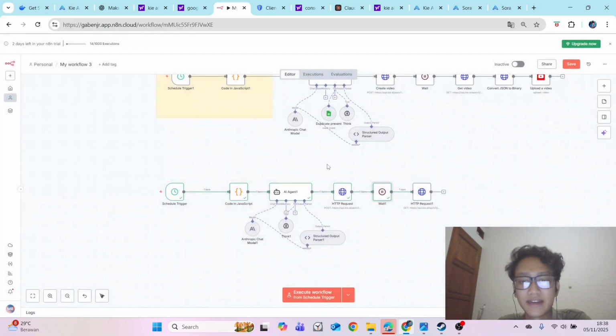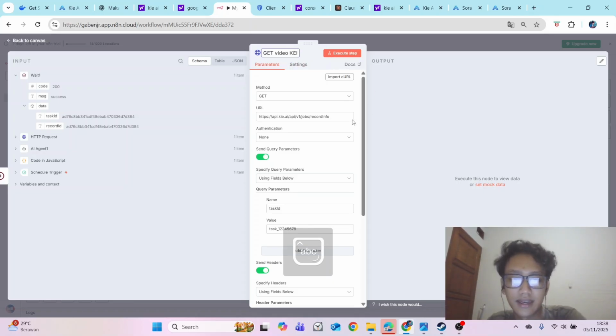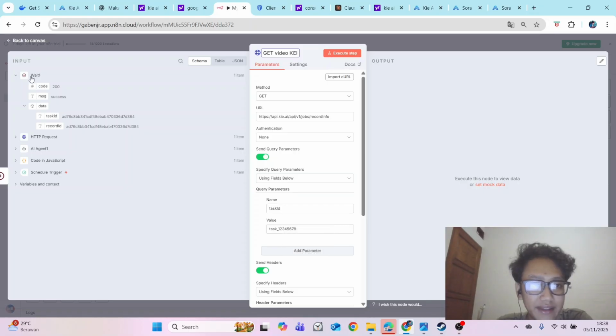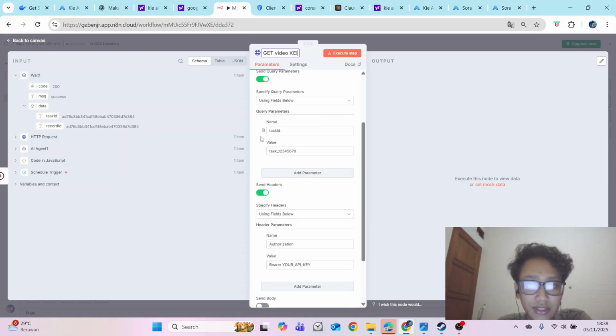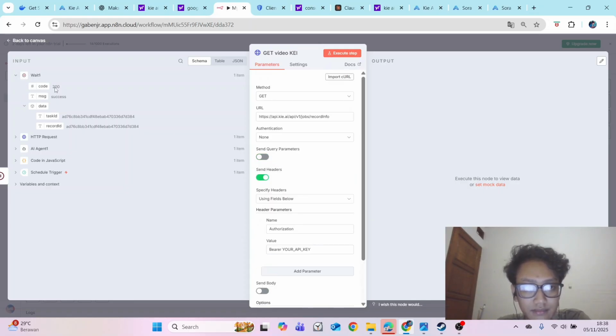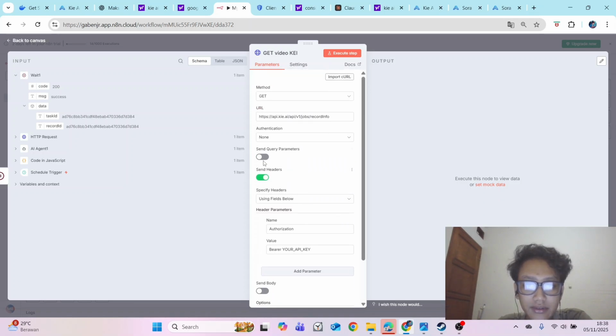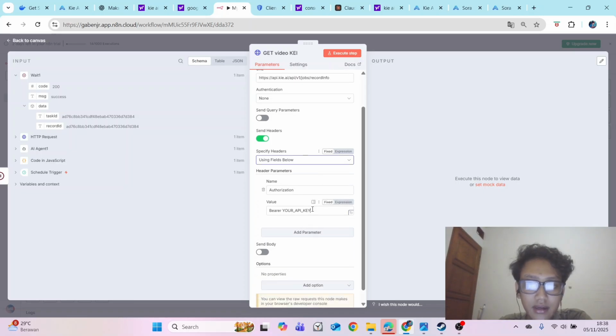Okay, after this we can go back to HTTP request. I will rename this into Get Video Kie. So after you get the input from the last node, all you need to do is add your API key again.